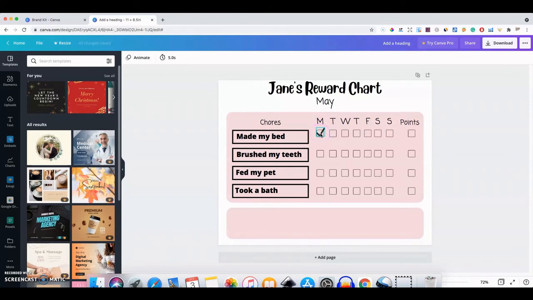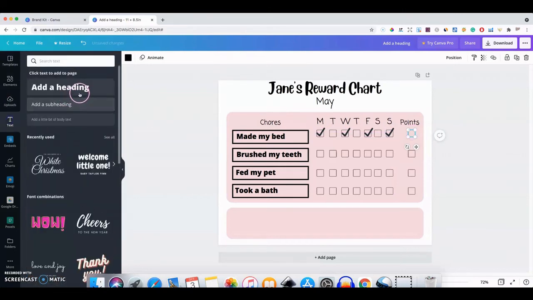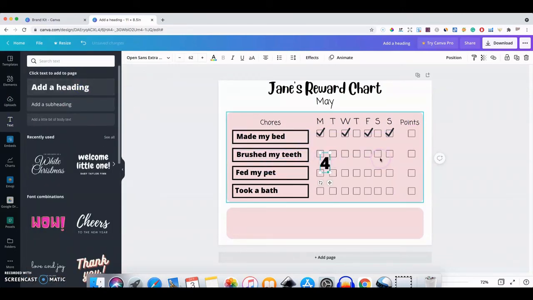Okay, so we're going to copy this here, and let's say we'll have Jane completing, I don't know, 4 of these chores for the week, and we'll put a 4 in here because we're going to show in a second